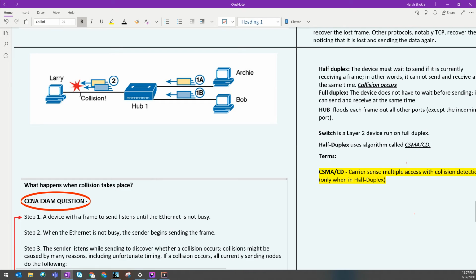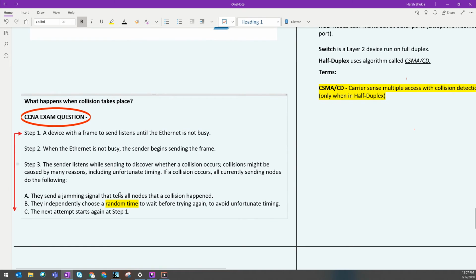That's not going to collide with Bob, because there is enough time for the frame to get back and for Archie to come over. So everyone will back off, choose a random time, and wait before trying again. That timer is basically CSMA/CD's back-off. It is called the backoff algorithm, and there's a reason for that name: they back off, choose a random time, wait, and keep doing it until